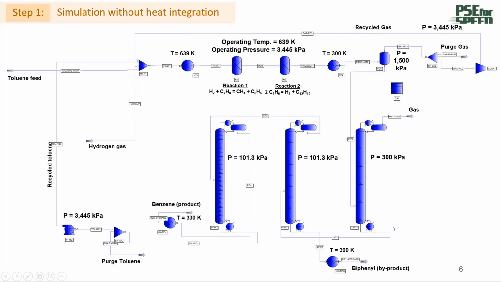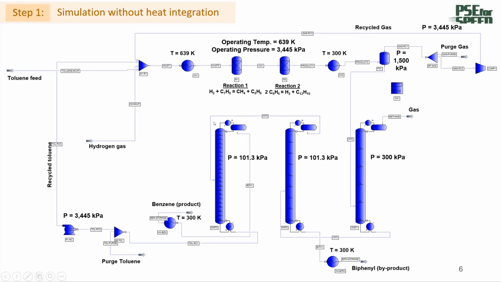Then the liquid mixture is transferred to the second column to separate the benzene and toluene as the top product and the biphenyl as the bottom product, which is the byproduct in this process. The benzene and toluene are then transferred to the third column, where the benzene is separated as the top product, and it is the main product in this process. And some of the toluene will be purged, and some will be recycled back to the